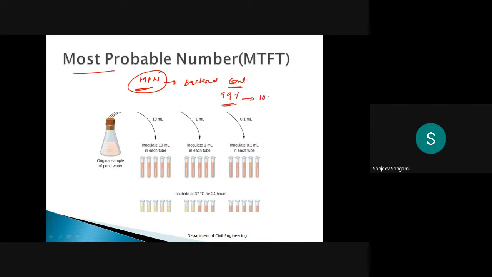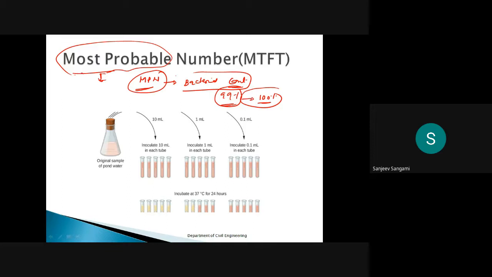We cannot say it is 100% accurate. So this 1% gives the meaning of most probable. It is always a probability. I cannot say it is 100% accurate, but there is 99% probability that the bacterial count is correct.